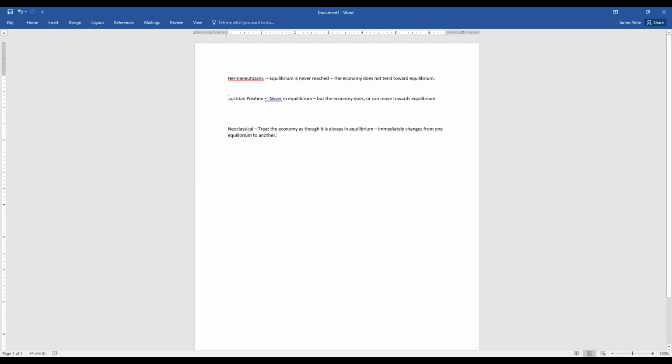because we all know everything or the same thing. The Austrian position is here, and that is that we never are in equilibrium, but we either do or can move towards equilibrium. Okay. The Austrians would say that we know some things about reality, so we're not up here. We don't know everything about reality, so we're not down here. So because of that, we make mistakes. When we make mistakes, that moves us away from equilibrium. When we don't make mistakes, when we're correct, it moves us towards it. But every time we move towards it or away from it, the equilibrium itself changes.